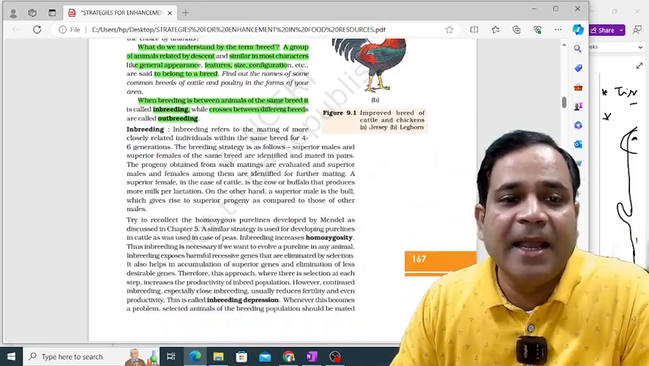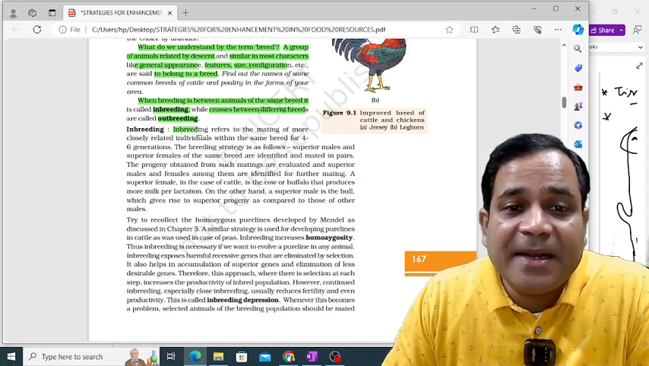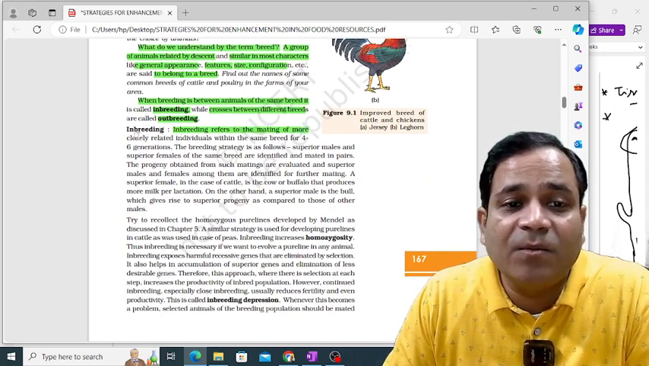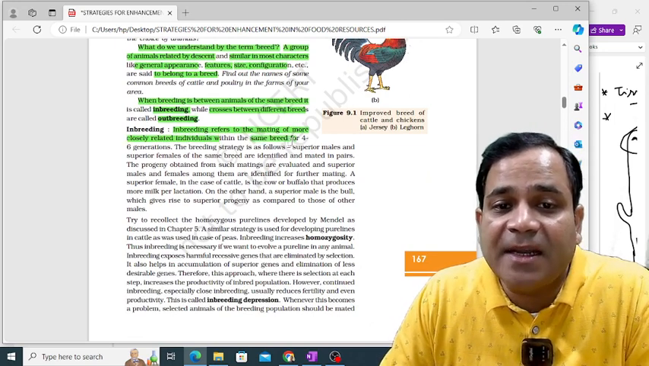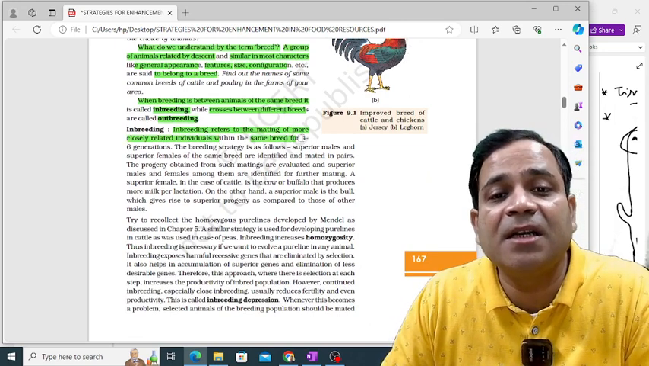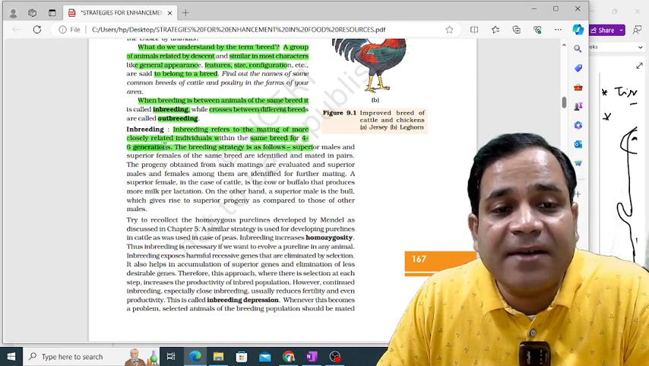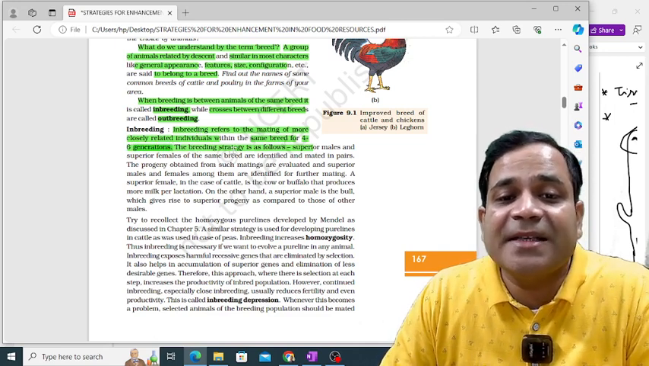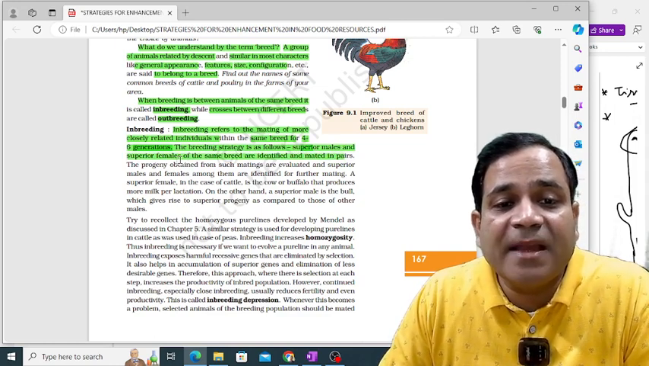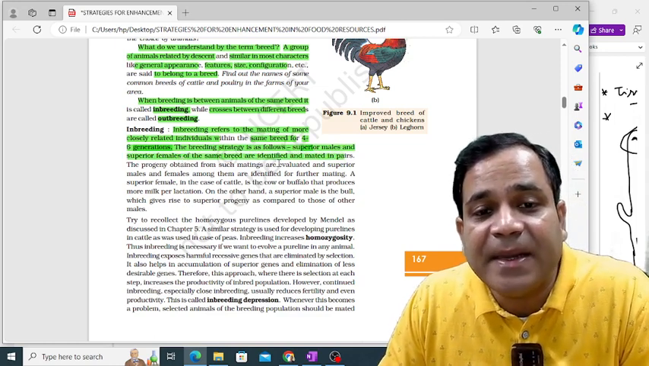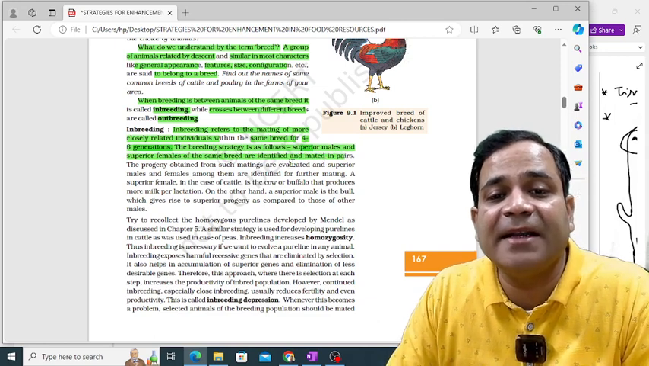Let's check how important this is, sir. Inbreeding refers to the mating of more closely related individuals within the same breed for 4 to 6 generations, my dear. This breeding strategy follows that superior males and superior females of the same breed are identified and mated in